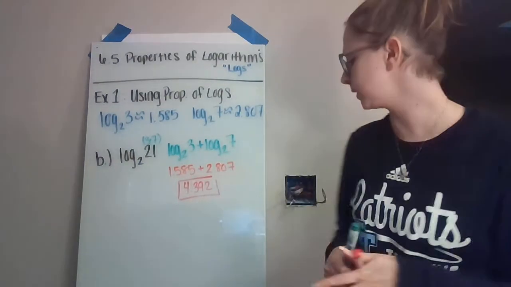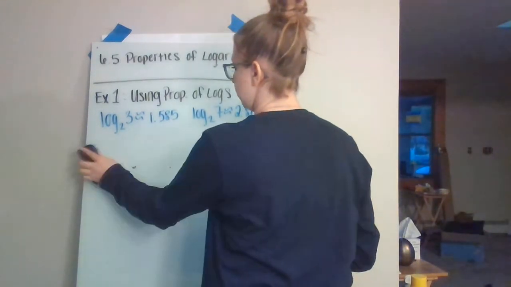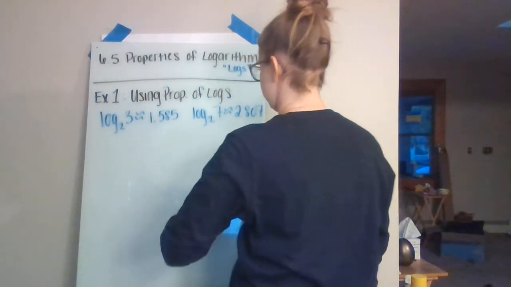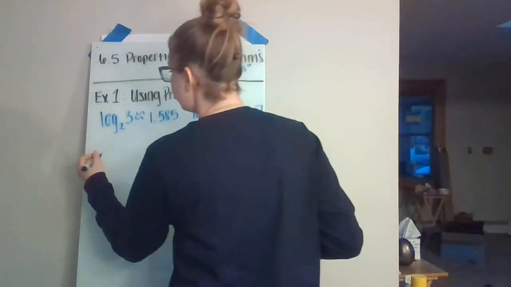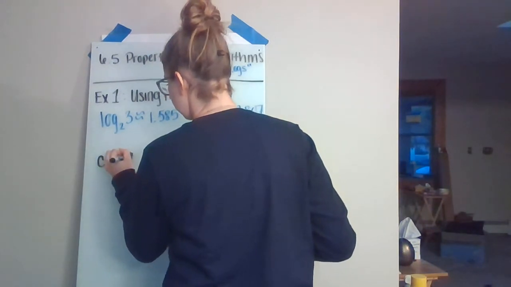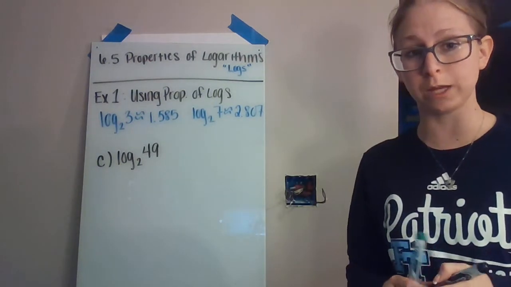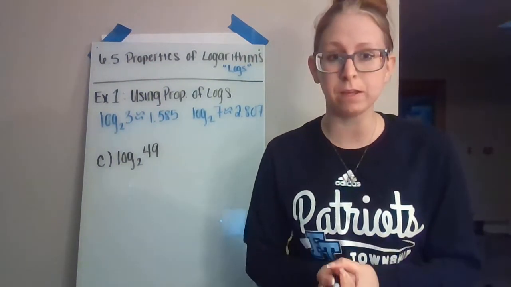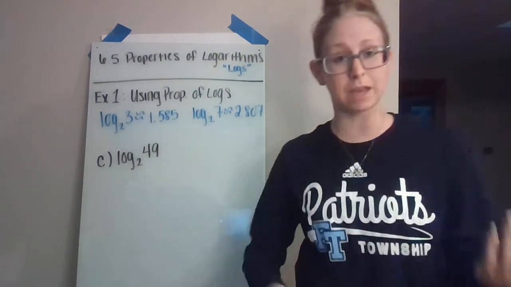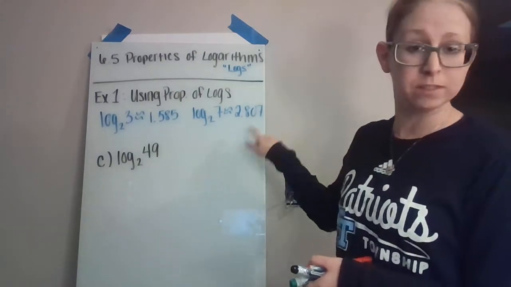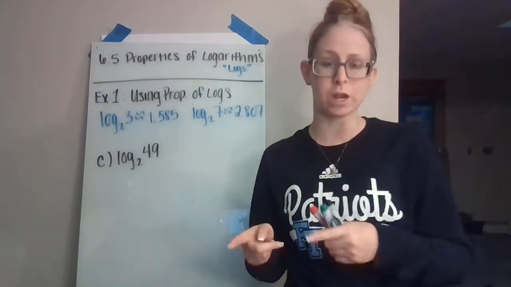Okay, the next one's where it gets a little bit different. Okay, so I can do the next one of two ways. Doesn't always work out like this, but in this case, I could do this one of two ways. I could either do 7 times 7, but I just did an example like that. So if I did 7 times 7, I would do log base 2 of 7 plus log base 2 of 7. I'd add this number together 2 times, and that'd be my answer. But since I already did multiplication with you, I wanted to show you how to do this one with the